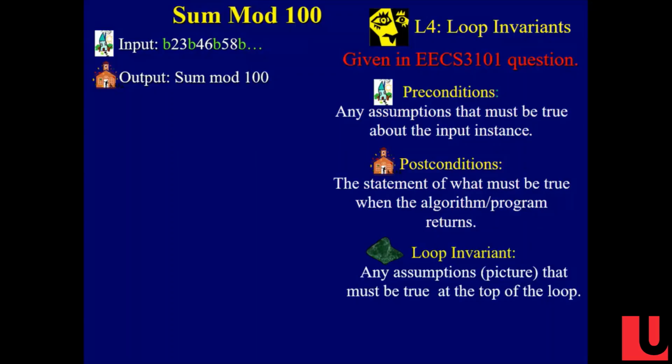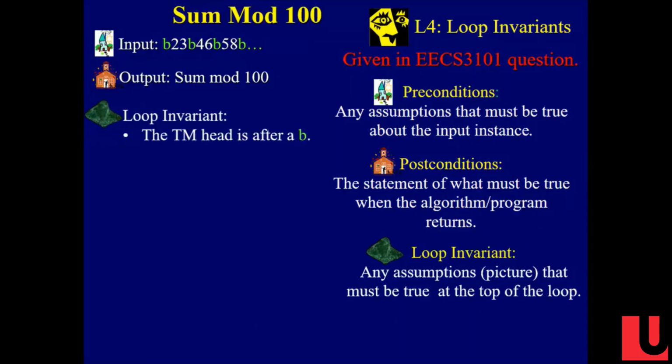I know the loop invariant's true, but I don't know why it's true. I don't know how many times we iterated. I don't know anything about the past. Maybe the code didn't even get executed in the past. Maybe I just landed here magically, but the loop invariant's true. And it's a picture. It's not an action. It's a statement about what's true right now.